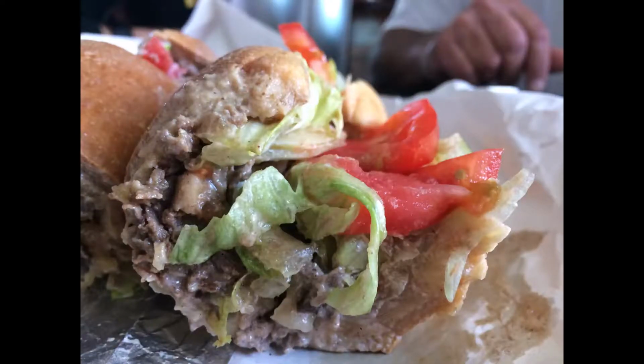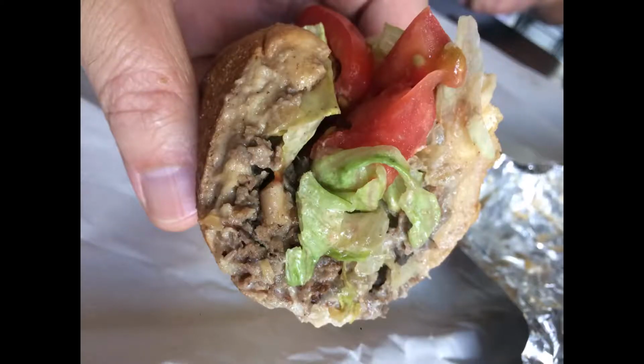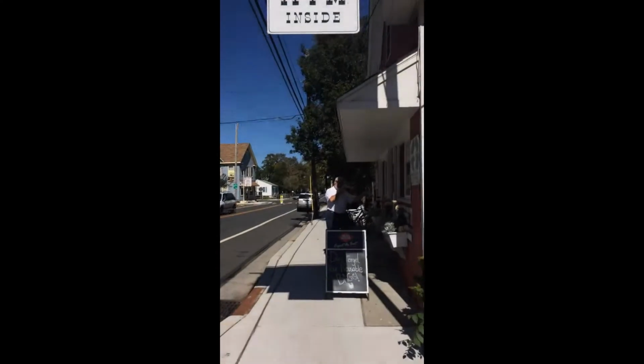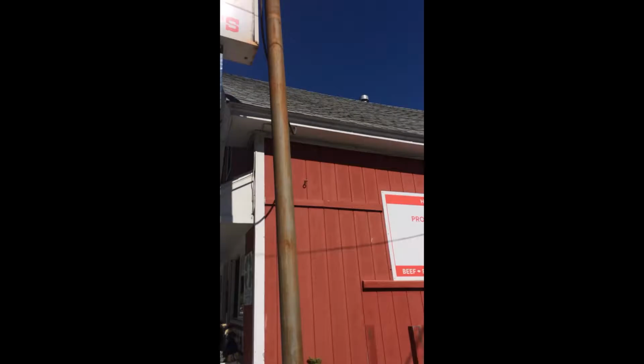So this cheesesteak was in the car for quite some time on a hot day. Without further ado, here we are, Westside Market, Cape May, NJ. Day 2, stop 2. We got Amigo over at the